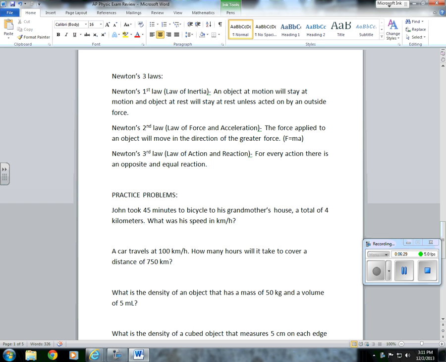Now, the key thing to remember about this outside force is, one, it has to be unbalanced, and number two, any time an unbalanced force acts upon an object, the object will always, always, always accelerate. Now, that either means that it's accelerating because it's speeding up, or it's accelerating because it's